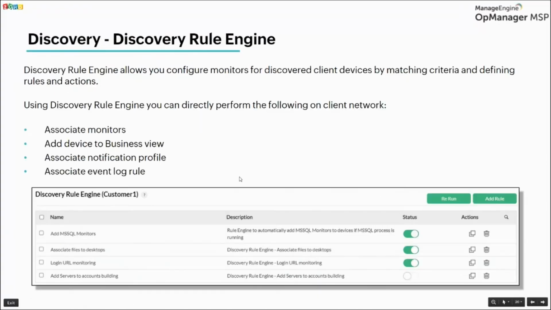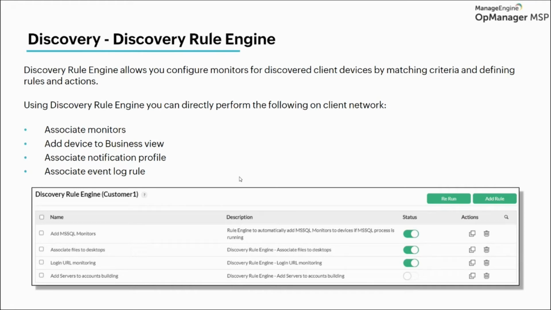The next topic which we are going to see, one of the interesting features which I told you at the start of the webinar, is the Discovery Rule Engine. The Discovery Rule Engine is an automated process which is going to perform predefined actions during the discovery itself. For example, I have a specific customer who comes to me and asks, in case there is a router from a Cisco device, or I have an HP switch which is discovered. In case this happens, any Cisco router or an HP switch is discovered and monitored, I need those devices to be associated with specific metrics or monitors.